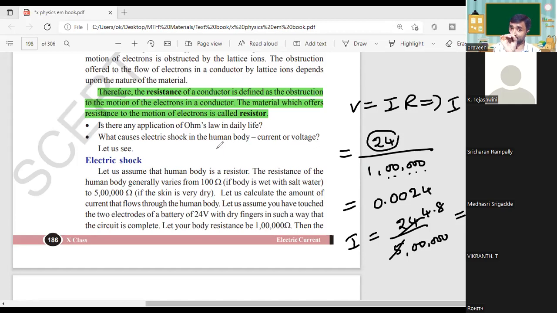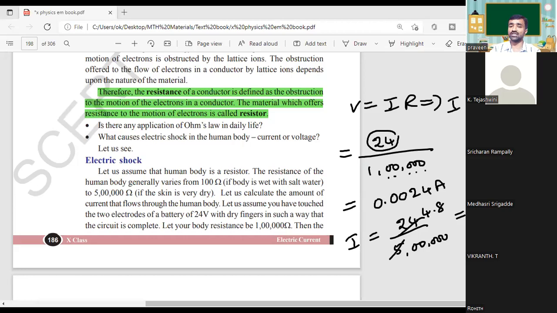The potential difference created through your body is the same, 24 volts only. But the resistance of the body is assumed in different amounts, once 1 lakh and the next is 5 lakhs. So the amount of current I got through our body is, in the first case, 0.0024 amperes, and in the next case